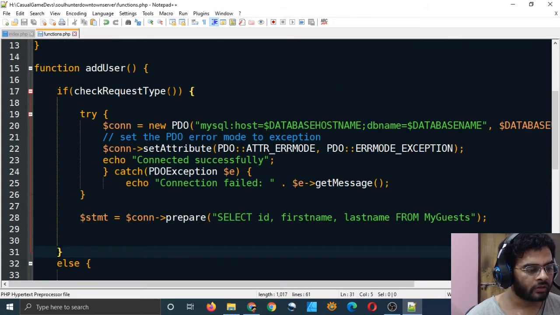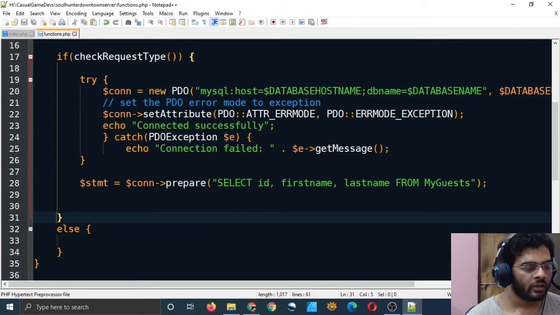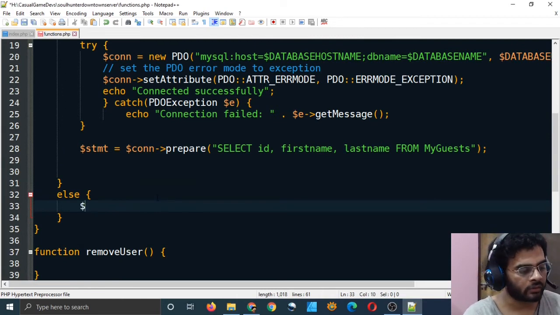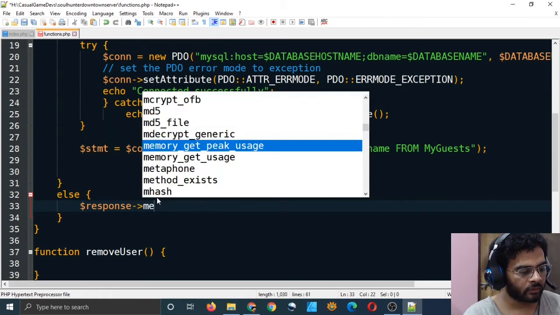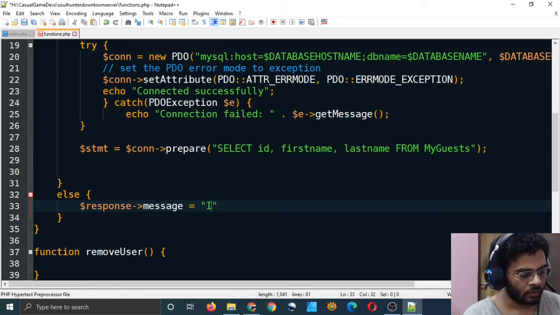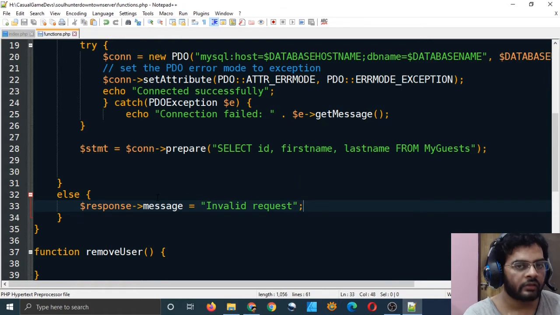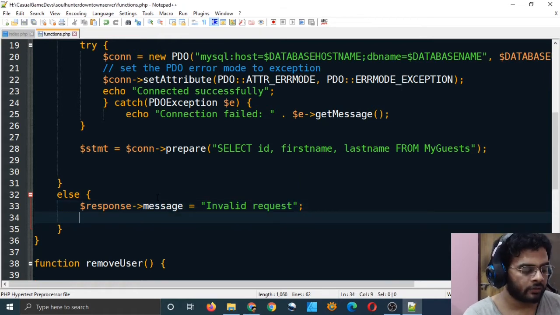So if this is true, check request type. If our request type is post, then we will continue doing our operations. If it is not, then we will send an error message to the user or whoever sent the request. To do that, I will just add a message to my response variable. Message is equal to invalid request. So like this, the user will know that this request is invalid, and we have to encode this response message into a JSON message, and then send it to the user, display it on their browser or whatever they are using to make a request to our server.